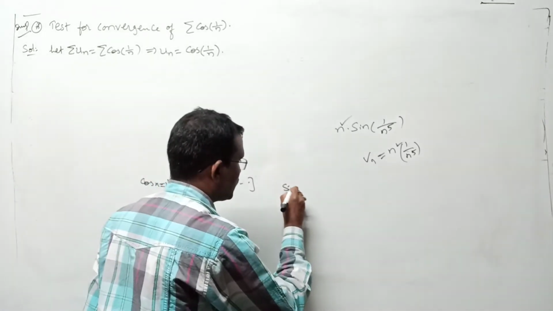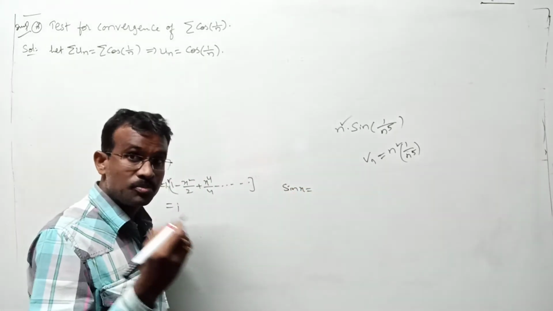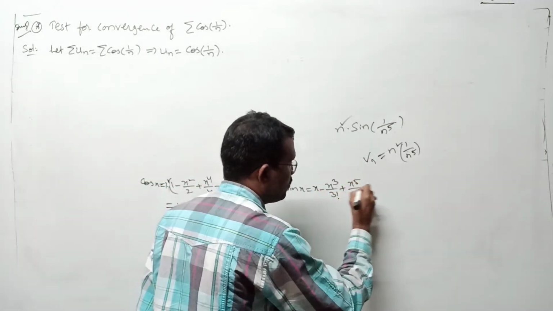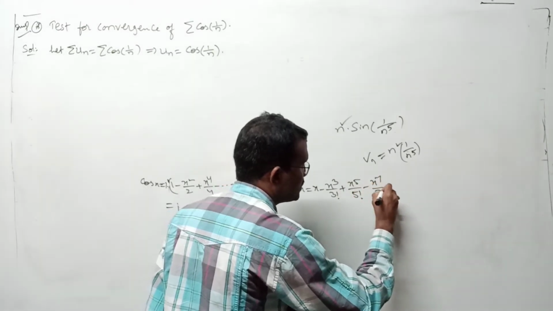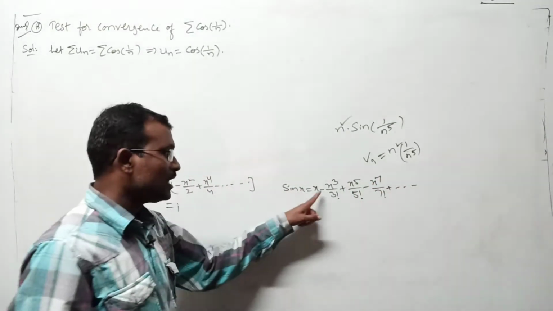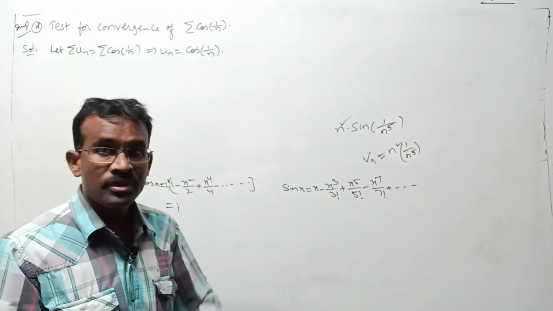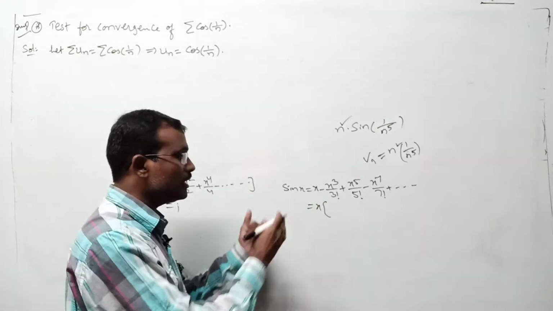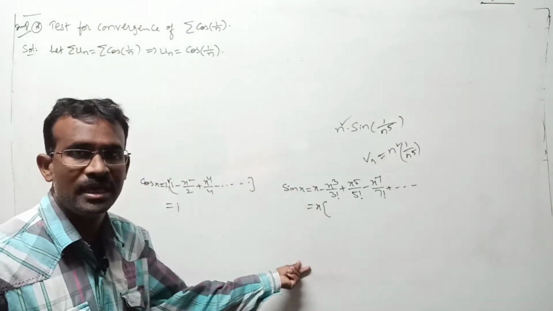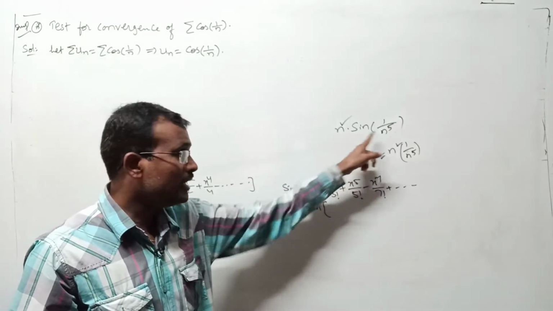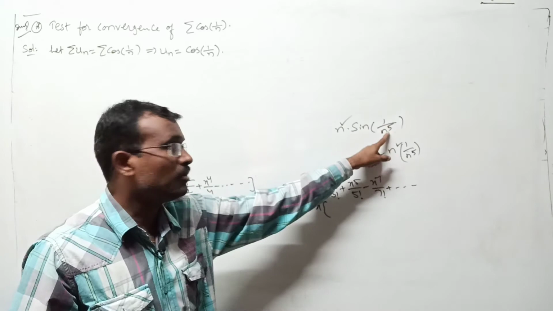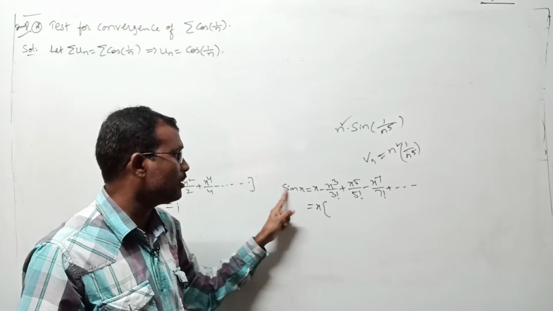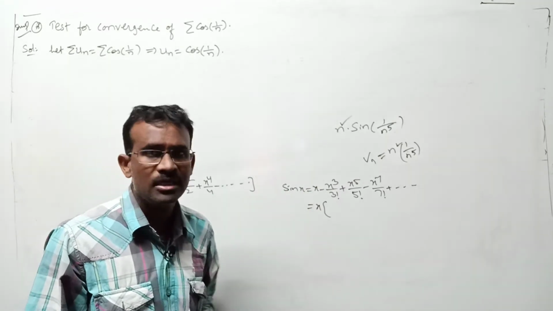Suppose a sin ratio, sin x, is there. The sin x expansion you know: x minus x cube by 3 factorial plus x power 5 by 5 factorial minus x power 7 by 7 factorial plus so on. Here if you directly use the limit, it becomes undefined. That's why you have to take the first term common. What is that first term? x. Take x common and simplify the remaining terms. This common term you proceed as Vn. That's why, if you write this expansion, 1 by n power 5 becomes the first term. Take 1 by n power 5 common into this product term. Anyhow, if any product is there, that one also you have to use. That one you proceed as Vn.